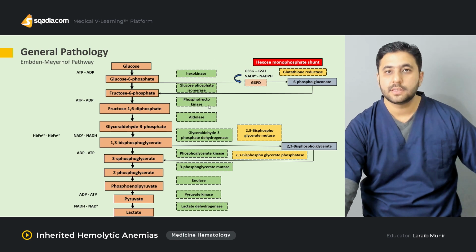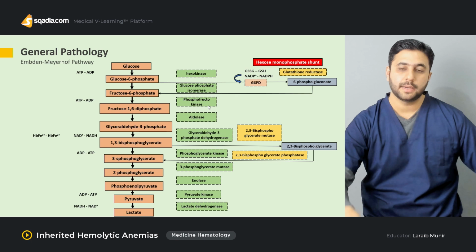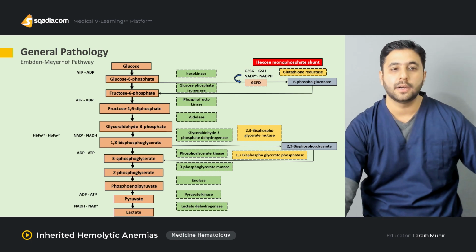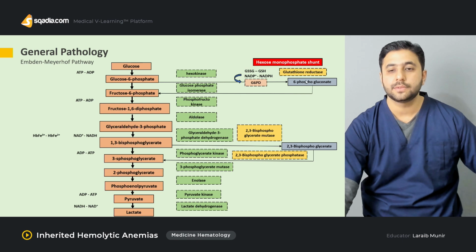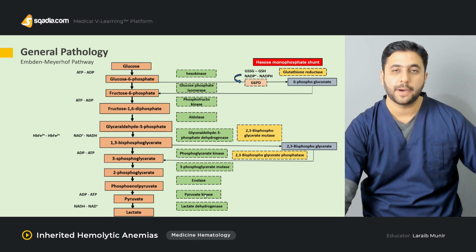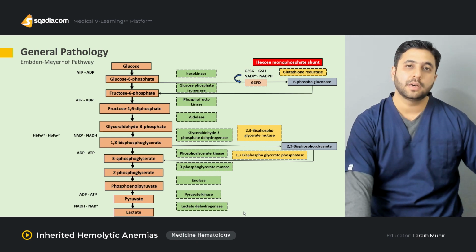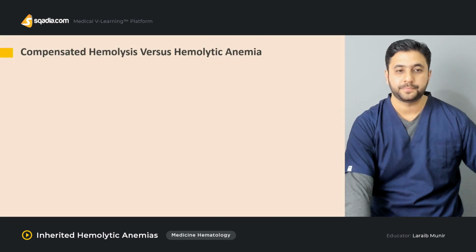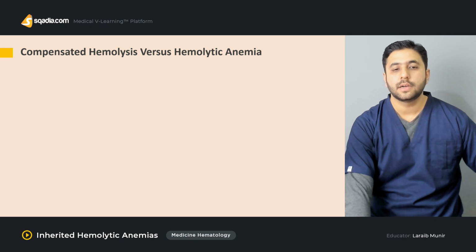We are going to discuss these enzymes in the coming slides. So this was just an overview of the whole general pathology involved. The two enzymes which I want you to remember in this slide are G6PD and pyruvate kinase, because these are the two major enzymes which lead to the enzymatic types of hemolytic anemias, the hereditary types. Now let's understand the concept of compensated hemolysis